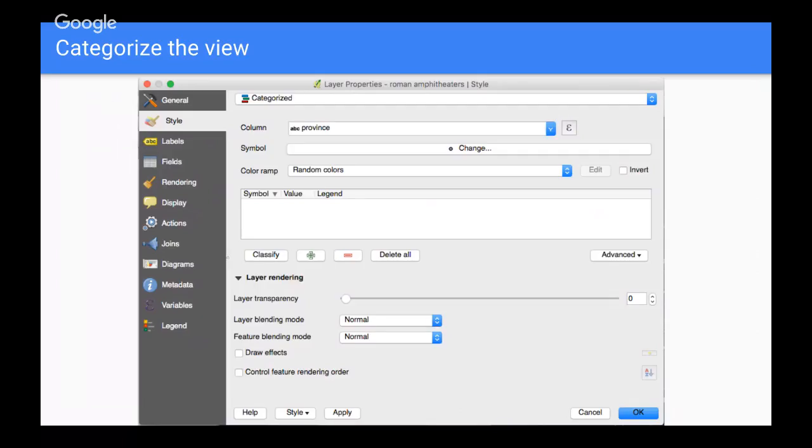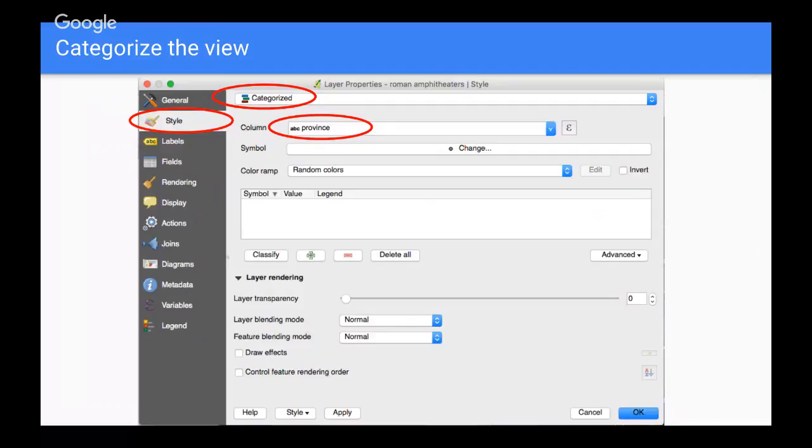Another nice option is to have a categorized style, which goes beyond the idea of labels. The categorized style basically allows you to choose different kinds of representations according to the type of data that you have. So for example, in the case of the Roman amphitheaters, it would be interesting to see categorized the different kinds of amphitheaters according to the province that they belong to.